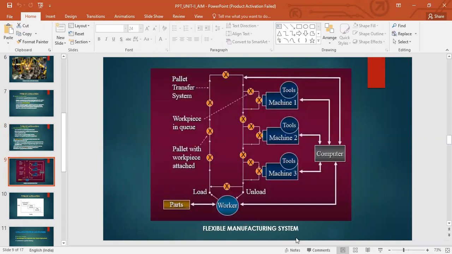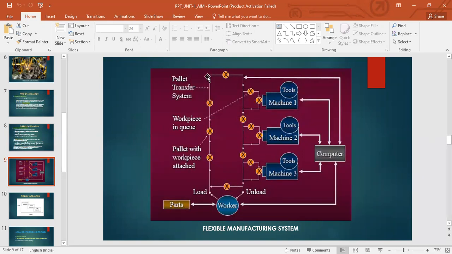You see, this is how a flexible manufacturing system will look. So you have a computer that is controlling machines. Okay, machine 1, machine 2, machine 3. The computer is controlling them. Okay, they have their own tools. Now you have this pallet transfer system.